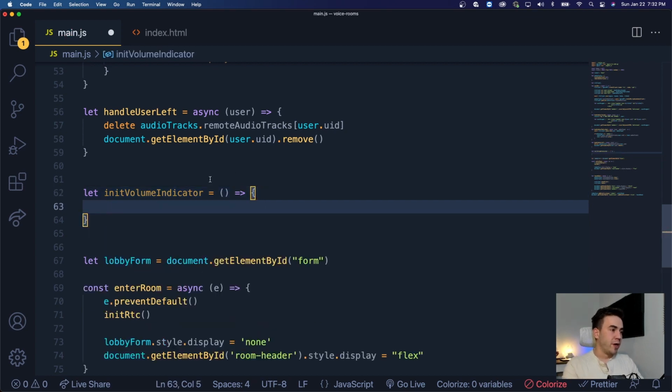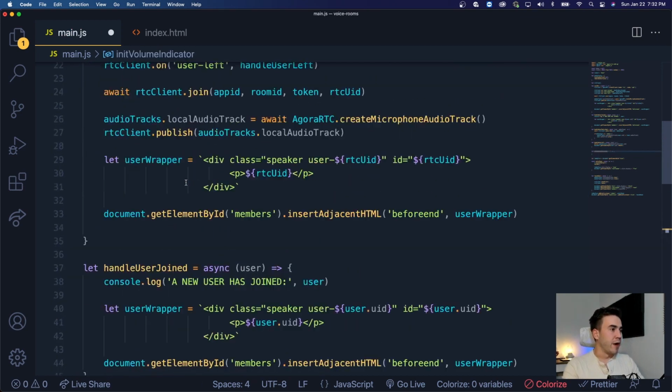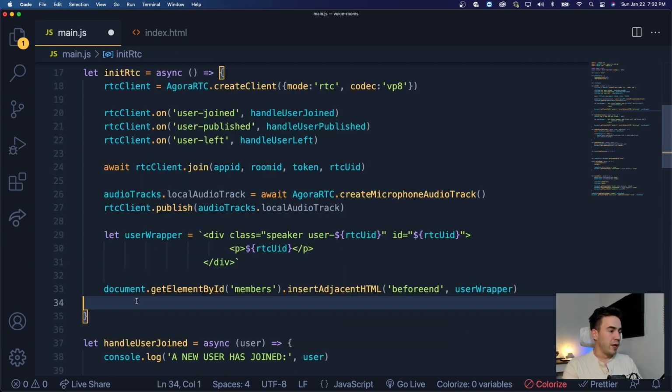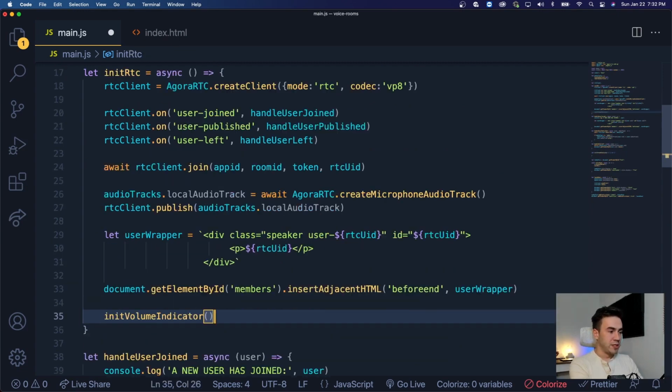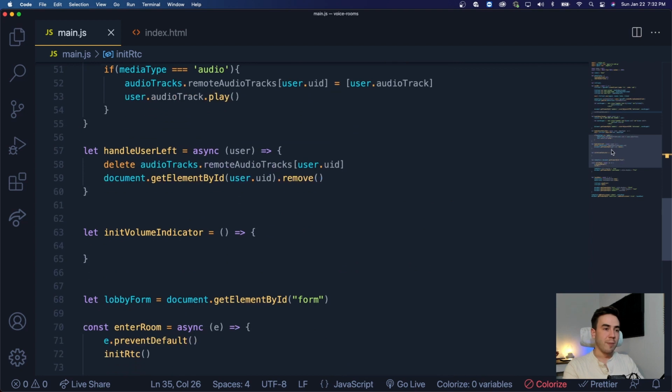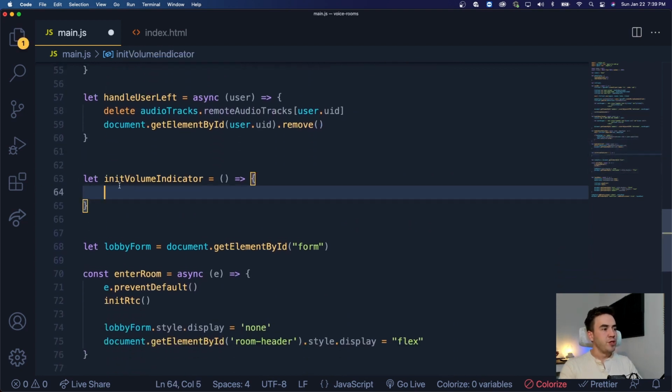And right away, I'm going to initialize the volume indicator by firing this off when we join a room. This method gets triggered when we submit that form or when we click that button. And what we wanted to do here is first enable that volume indicator and then actually respond to certain volume levels. So what we're going to do here is call the enable volume indicator method on our